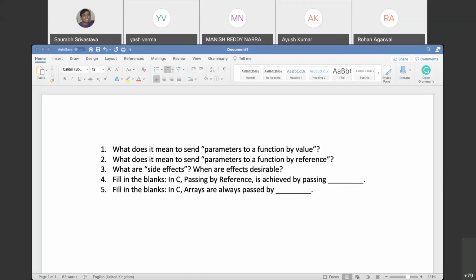Don't get stuck in this issue too much. The idea is that if you compare C++ and C, call by value is exactly the same. In C++, whatever you call call by pointer or pass by pointer is basically the same as pass by reference in C. And in C++, you have another way of achieving pass by reference, and that is using the reference itself.